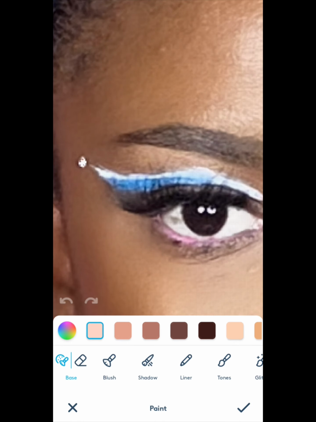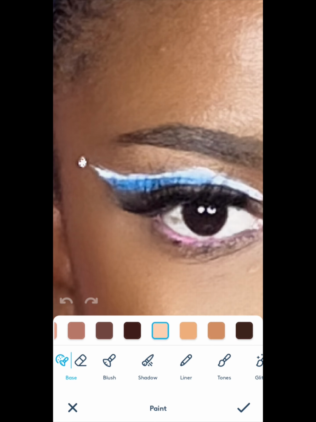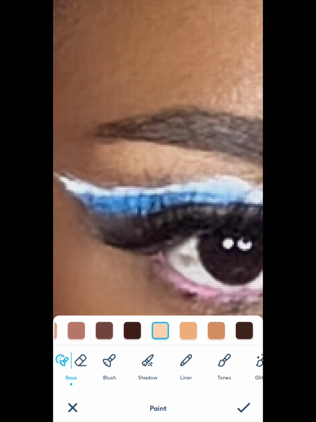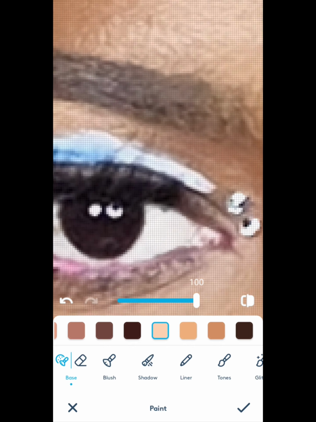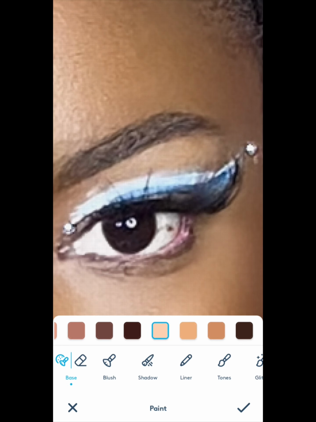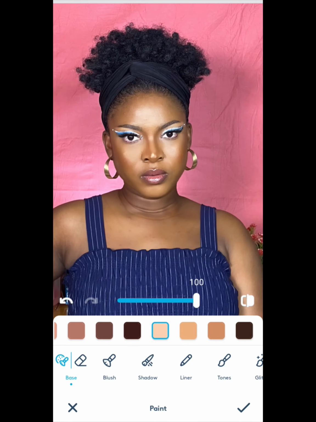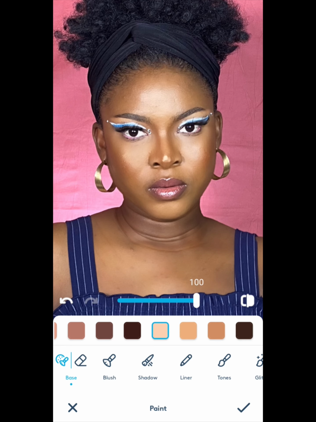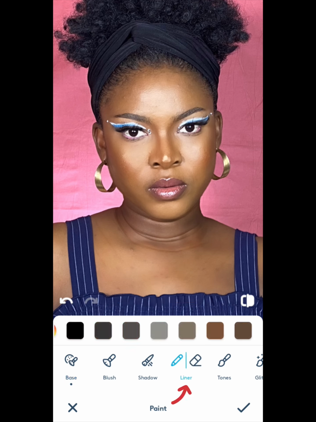So I want this part to be very, very bright. So this is already, so I can pick this particular tone I want. Then do it for the other side. You can see how bright that area is looking, so I'll just reduce it a bit so it's not too much. So if I want to whiten the liner I use, I'll just click on liner and pick